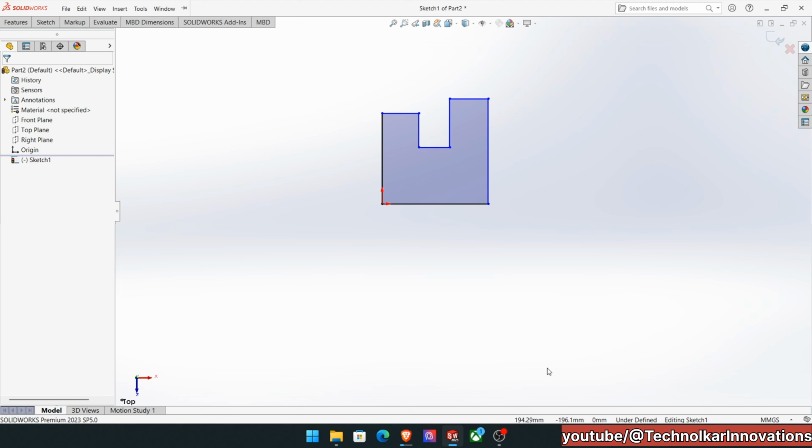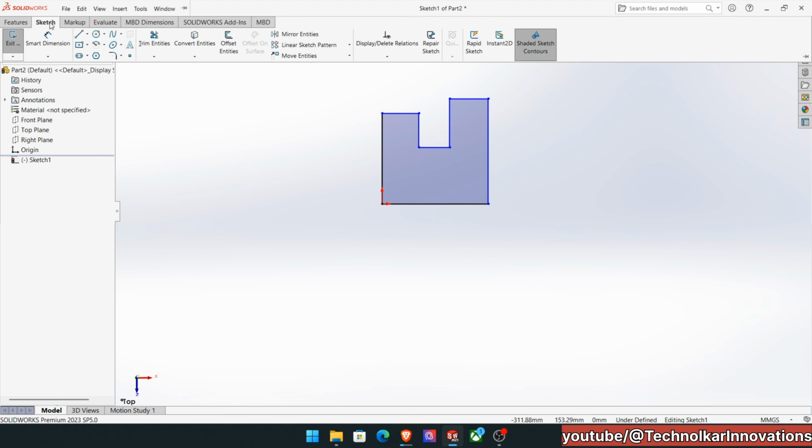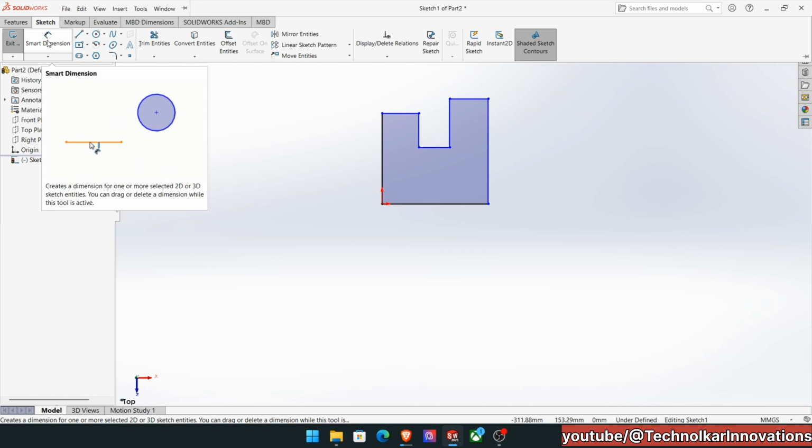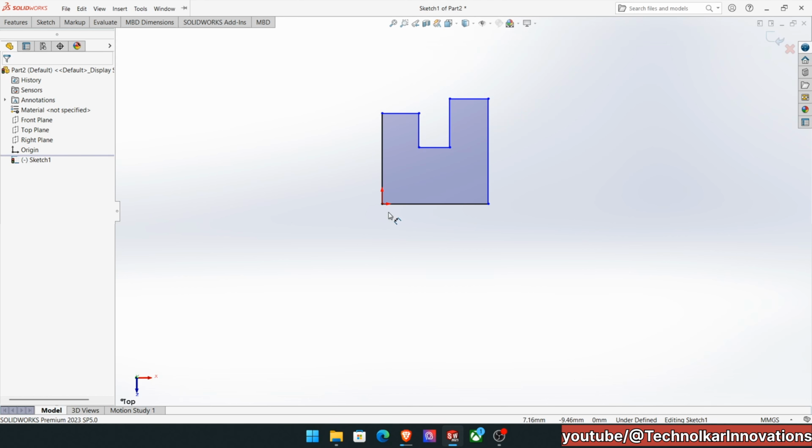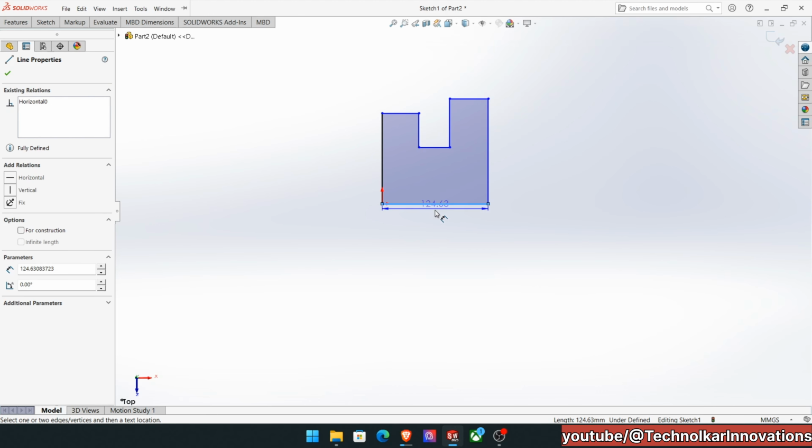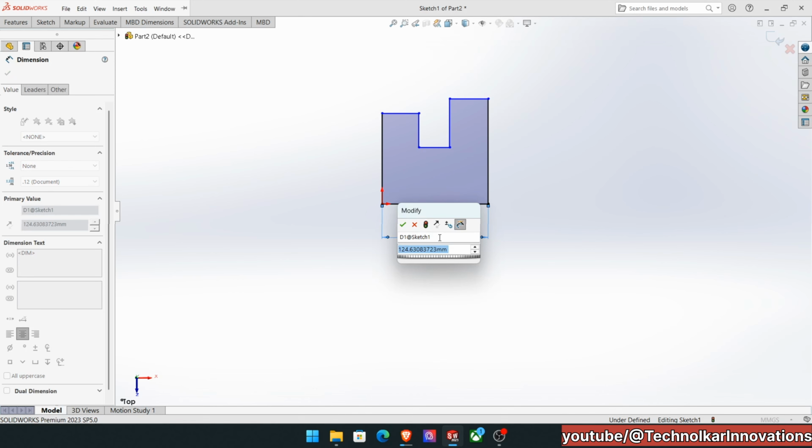For that, go for the sketch option. In that, look for the smart dimension option. When you click on this, to give a smart dimension, at least you have to select that line when it is showing orange in color. See, or else you can just specify 2 points. That also is fine. So right now I will just select on this. When you select, it will show you whatever amount of dimension you want to give. You have to specify that. For that I will give,